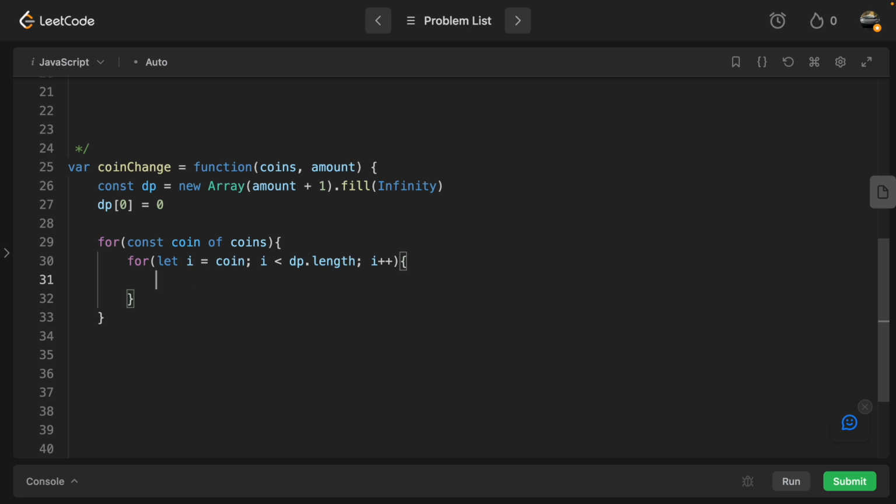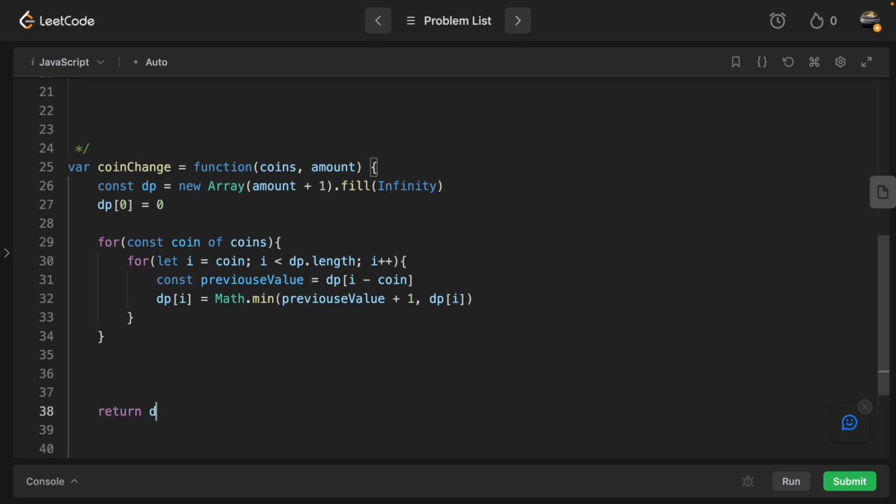Here I will initialize a variable called previous value equal to dp[i minus coin]. And then we want to update our current dp, current amount here, equal to previous value plus 1. And we also want to take the minimum between the current amount that we have and the new calculation here. So Math.min, and after that we return